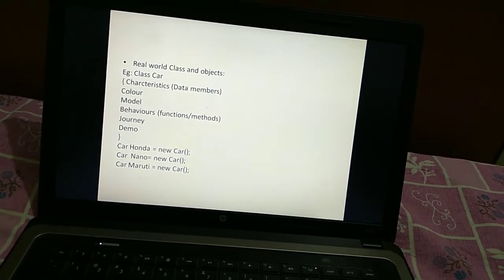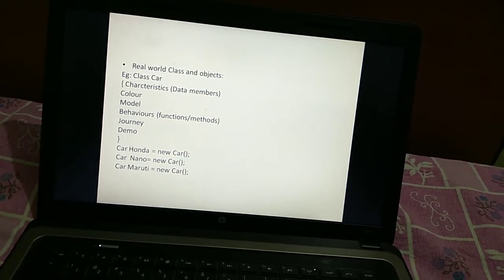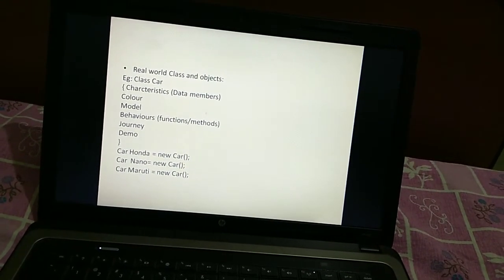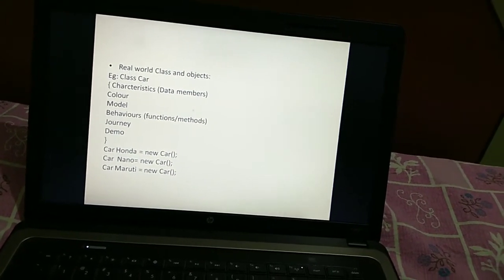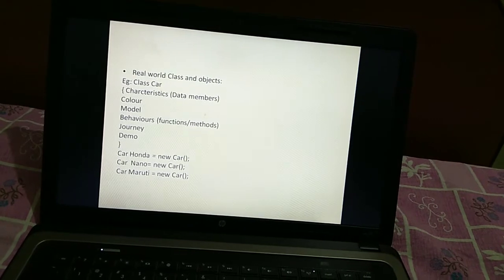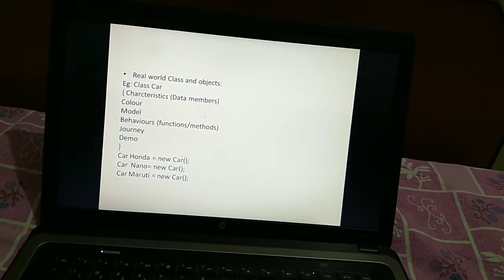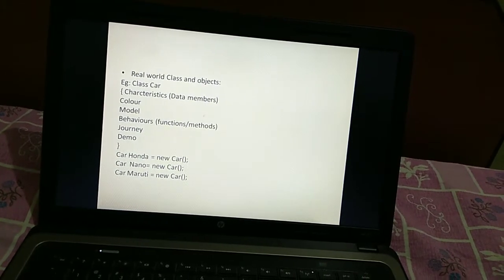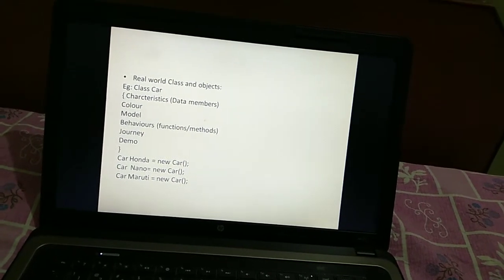Okay, so these are the objects which have been created under the class named car. Characteristics tell you the features of the car, and behavior tells you the uses, why you are using that particular car.